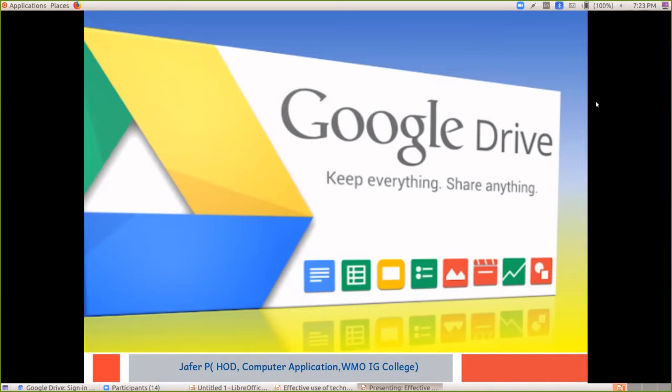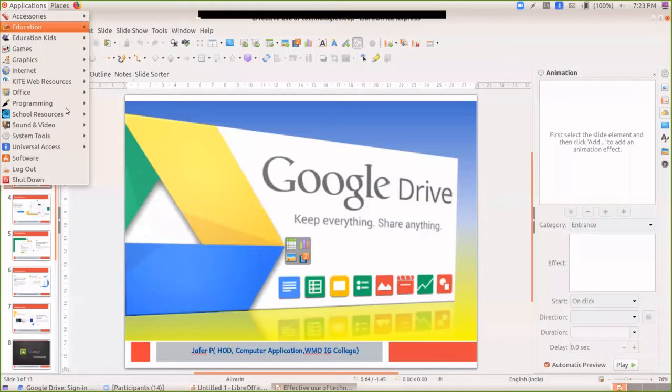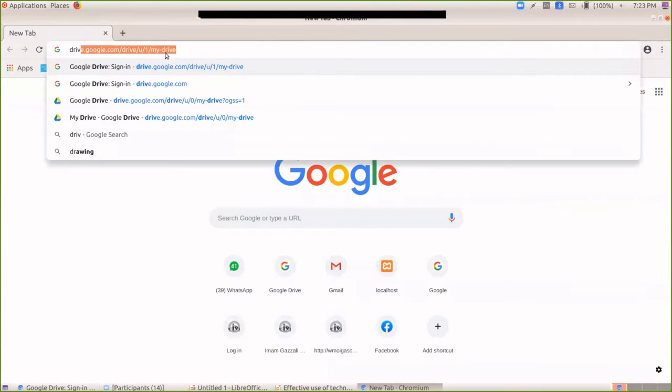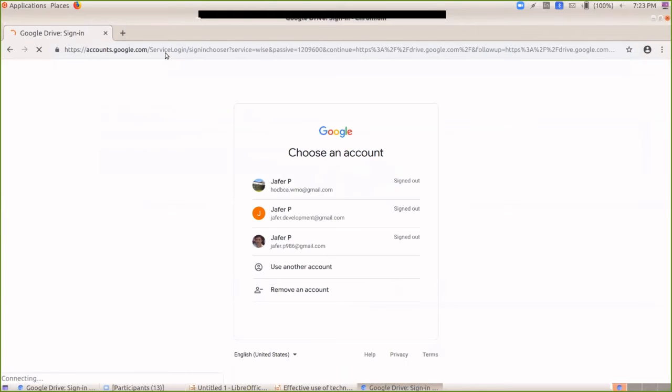You know how to log in to Google Drive. To log in, you have to open any browser, as we discussed yesterday, and go to drive.google.com.